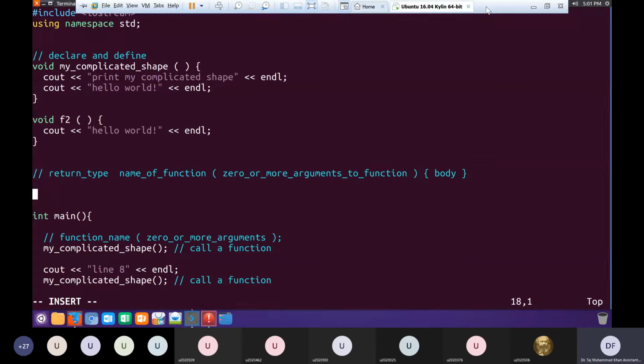A return type is basically the result of a function. Whatever a function does, it sometimes gives us a result, and that result is usually a value. So whatever kind of value that function is returning, the return type of a function should be of the same type as the value that function will produce. Am I clear or am I confusing you guys? The return type of a function is the type of the value that that function will give us.